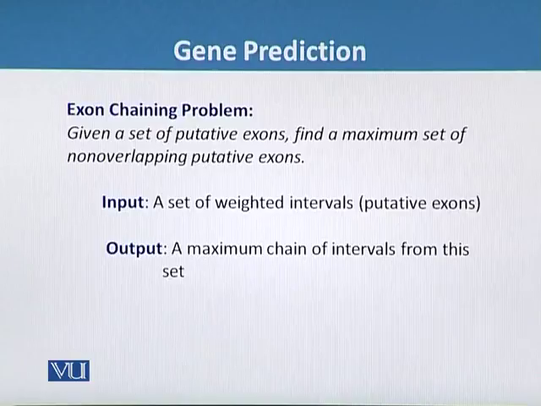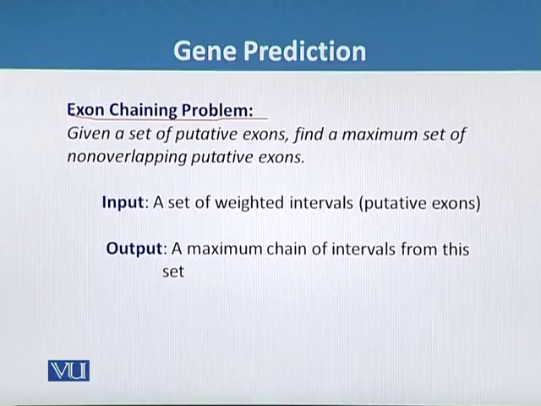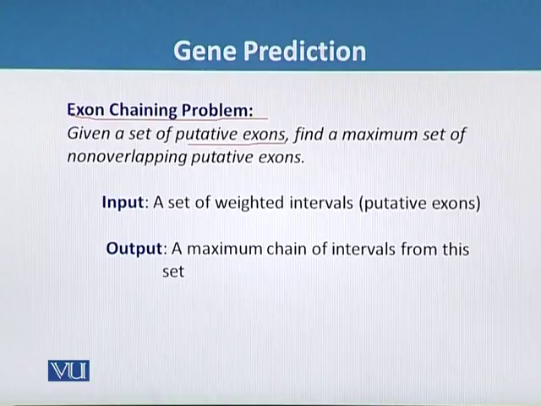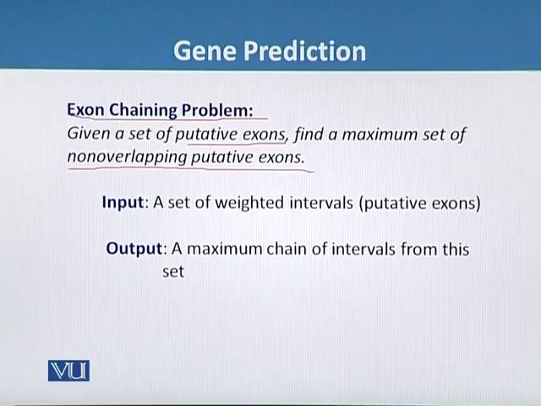Now the problem is the exon chaining problem, and the problem statement is: given a set of putative exons, as we have already detected through various techniques, statistical and similarity approaches, we will find a maximum set of non-overlapping putative exons. And we have already seen that the target is to isolate and identify, out of these putative exons, only the